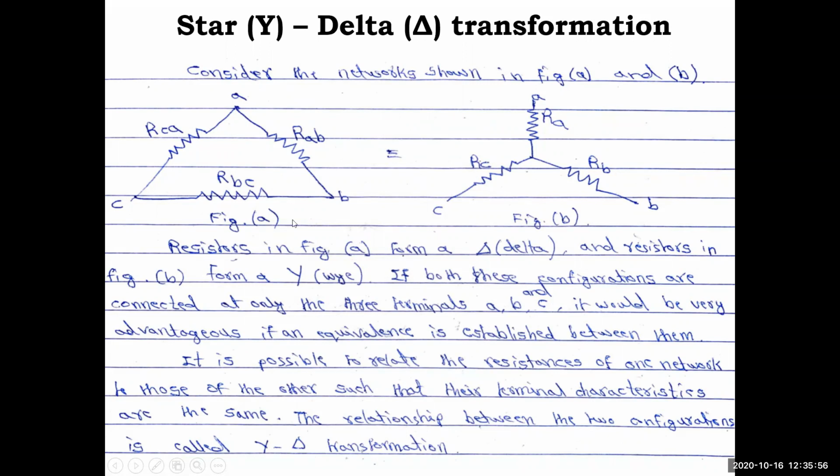So look at the figure. This is a delta formation, where three resistances are connected in a delta fashion, in a triangular fashion. We have indicated the nodes here for our derivation. A, B and C we have given names. Accordingly, between A and B I have RAB, the resistance between A and B, the resistance between B and C, and the resistance between C and A. So RAB, RBC and RCA I have mentioned.